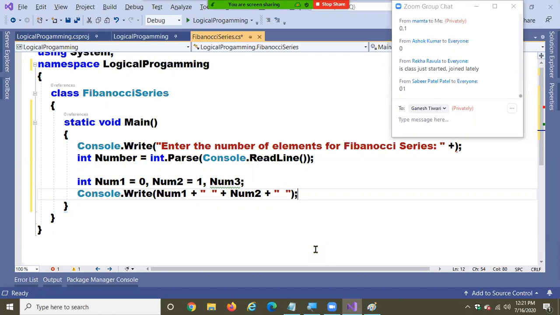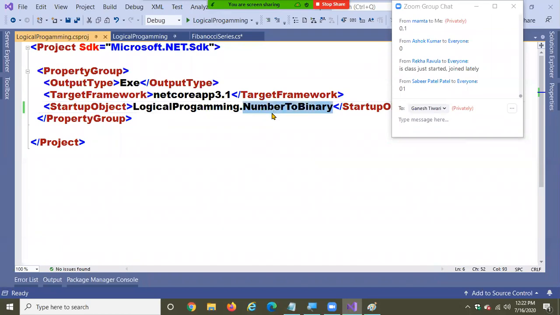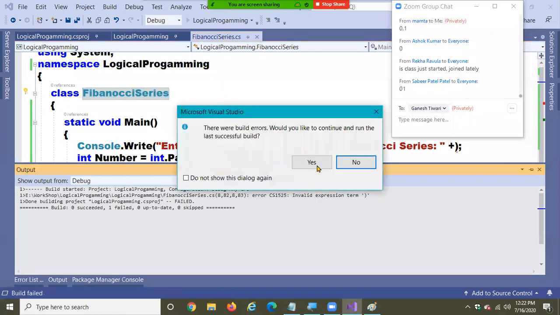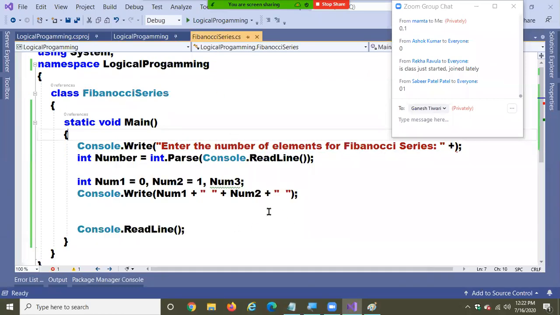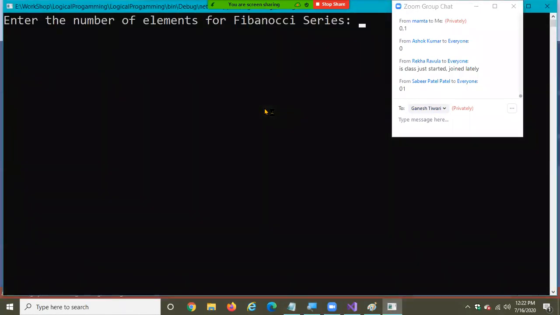I am printing the two numbers now. Okay, just a second. Console.ReadLine. I did not write the logic. Sorry. Wrong code. Suppose if I enter 15 here, see there, 0 and 1 are printed.